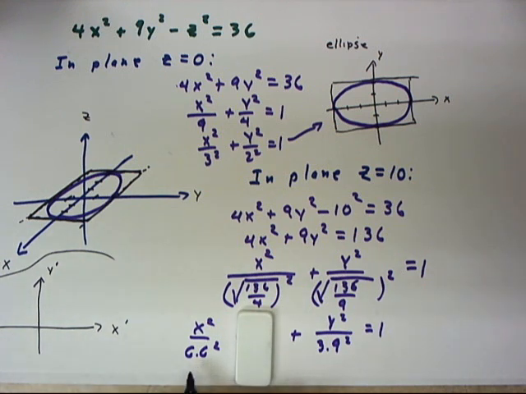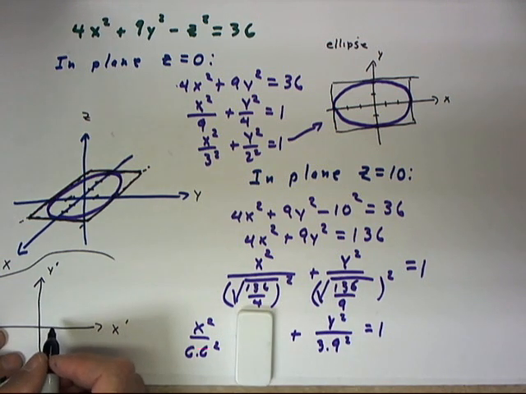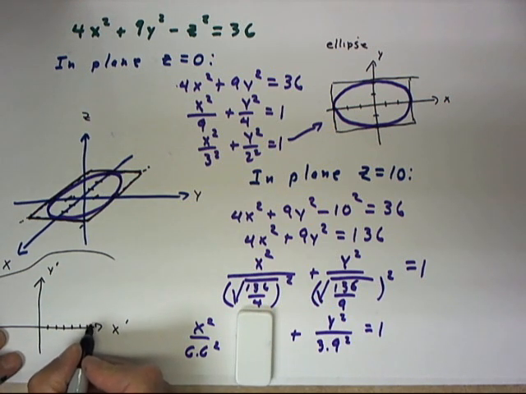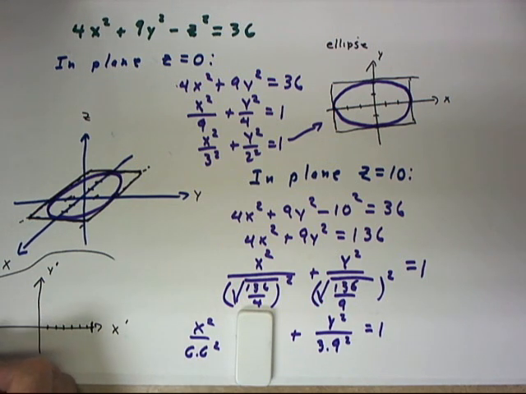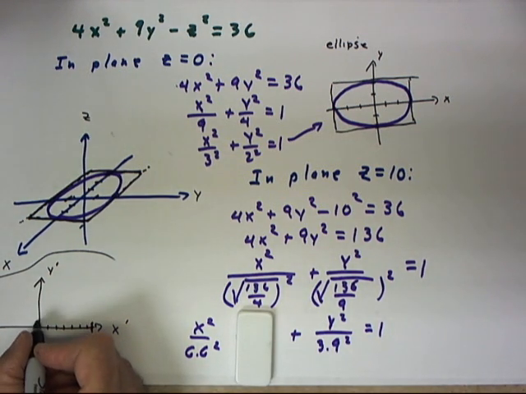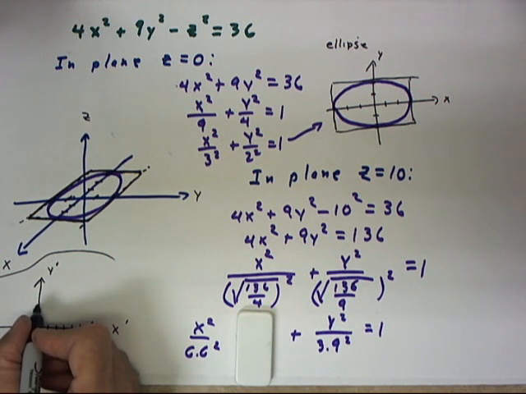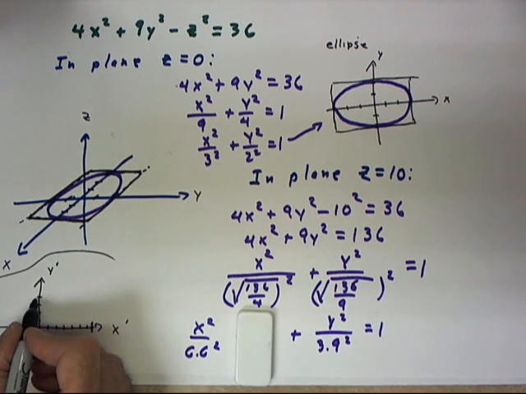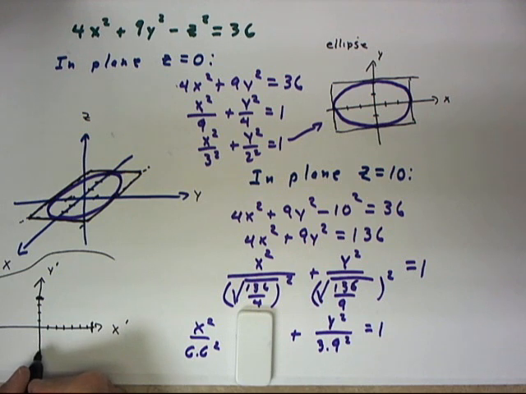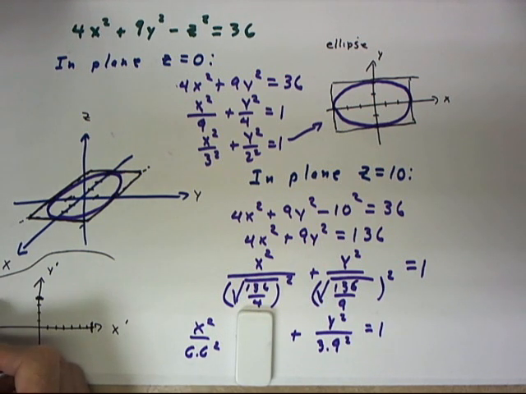Now, this means that we're going to have to come out 6.6 units, about this far in the positive x direction and an equal distance in the negative x direction. In the y direction we come up 3.9, almost 4 units. So come up to about here and down an equal distance here, and we sketch our box,